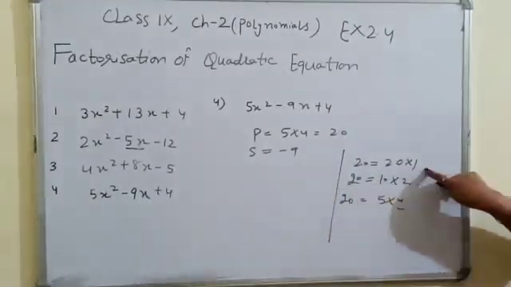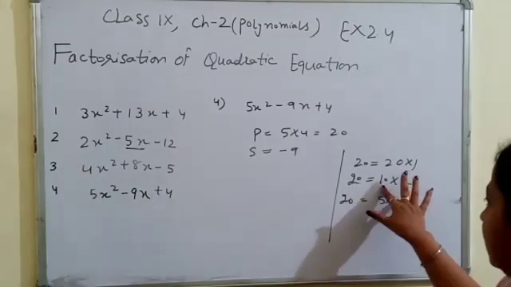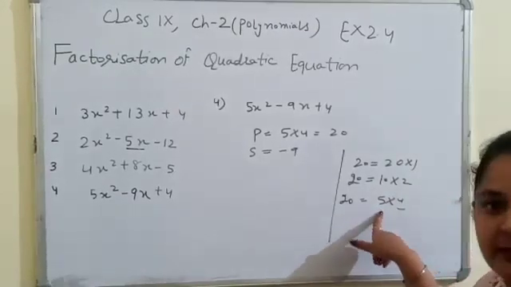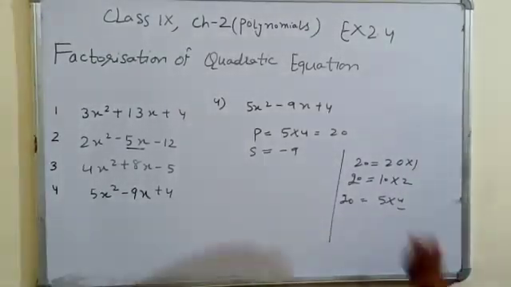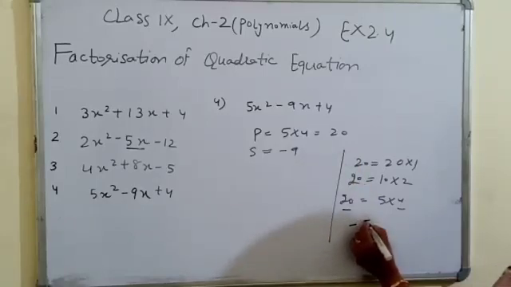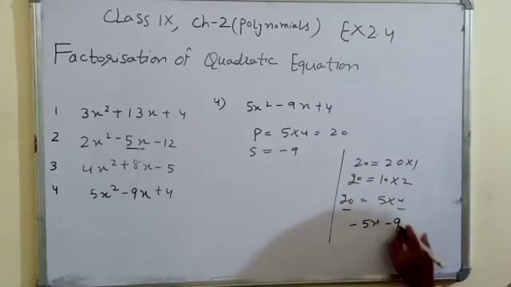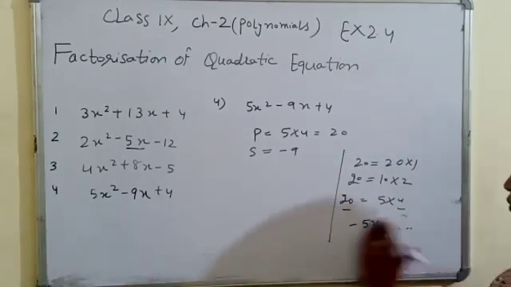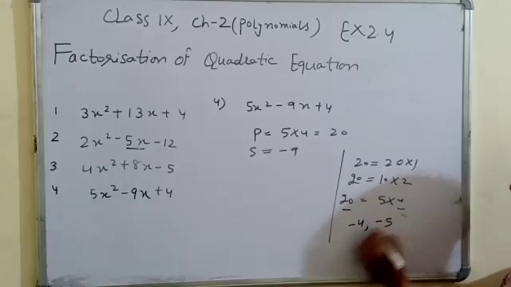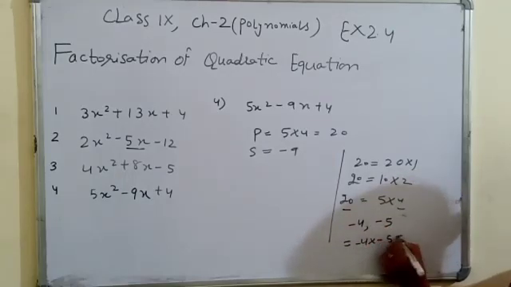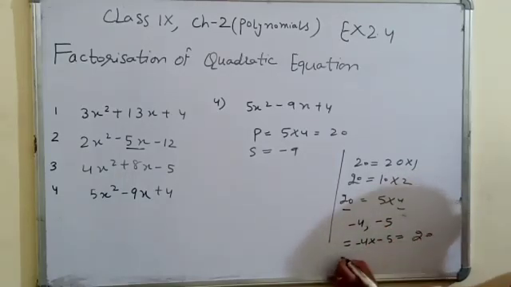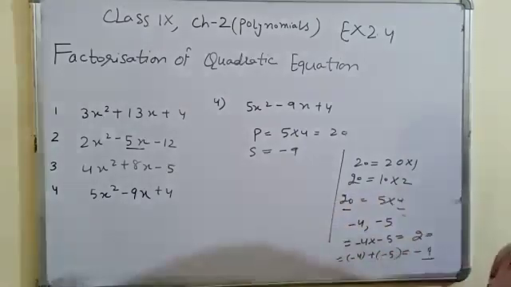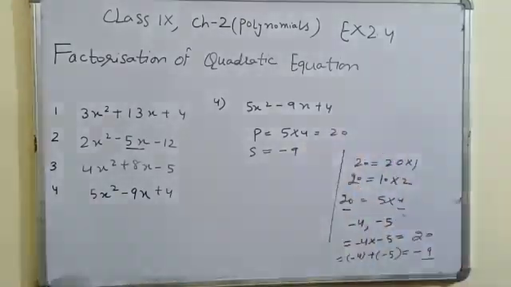So minus 20 and minus 1, that is minus 21. Minus 10 and minus 2, this is minus 12, not applicable, these two. Last one we can see, minus 5 and minus 4. Yes, when we split minus 9 into minus 5 and minus 4, when we multiply these numbers, their product is plus 20. And when we add these two numbers, their sum is minus 9, which is suitable for our example.